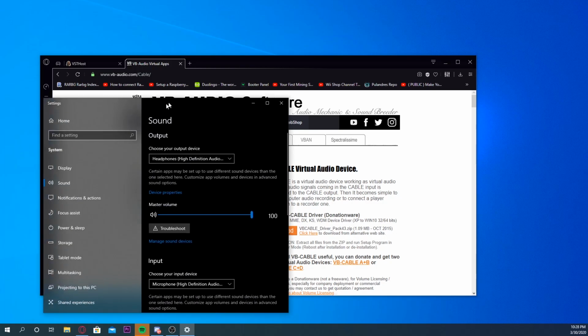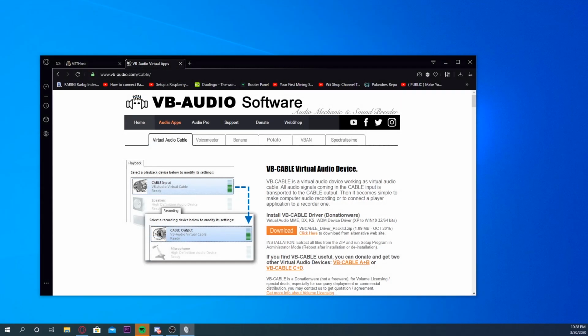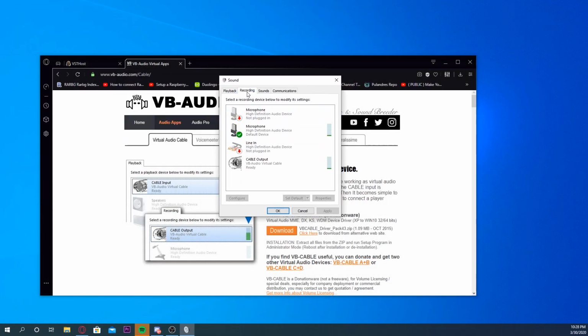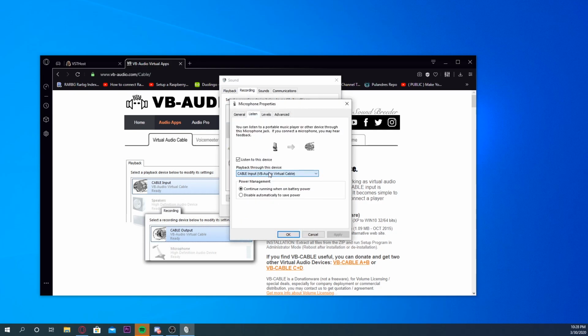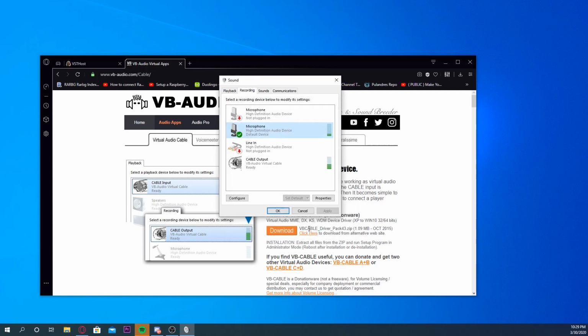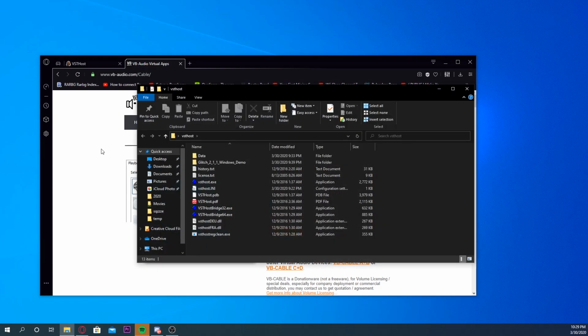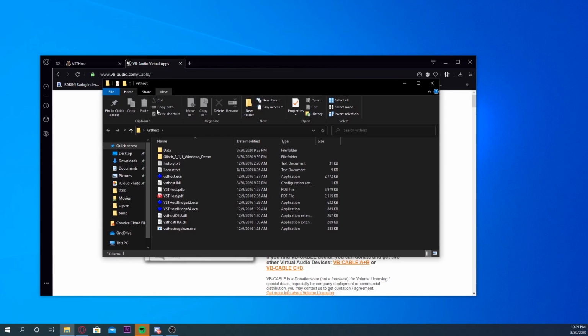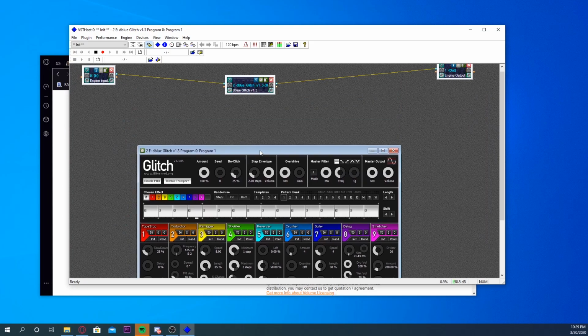first thing I did was I brought up this right here. This is a sound control panel, and the first thing I did was I made my mic listen to the cable input for VB audio cable, and then once I did that, I opened up VST,